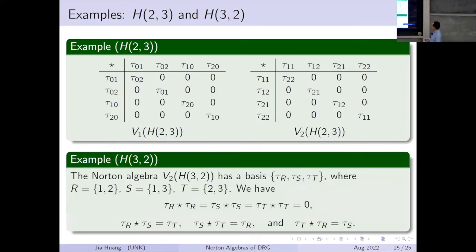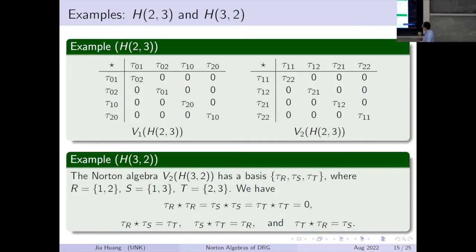And I should also say that on my previous slide, I didn't really tell you about the non-associativity of the hypercube. That's the Hamming graph when E is 2. I have an example here, and I'll give you the result on the next slide. The example here is the graph H(3,2), which is a hypercube Q3, and we look at the Norton algebra,